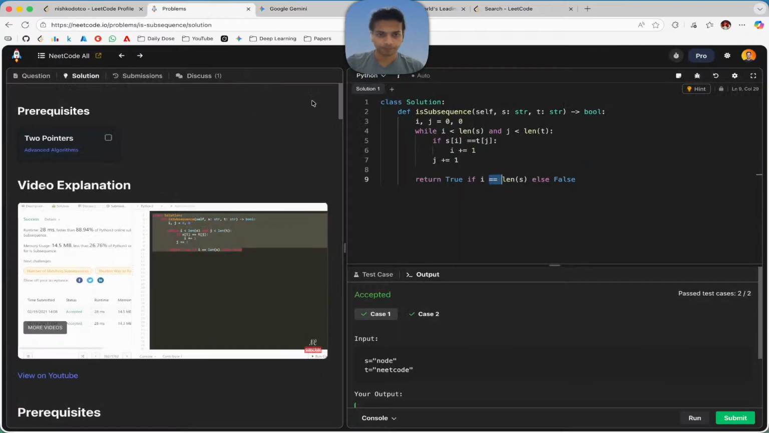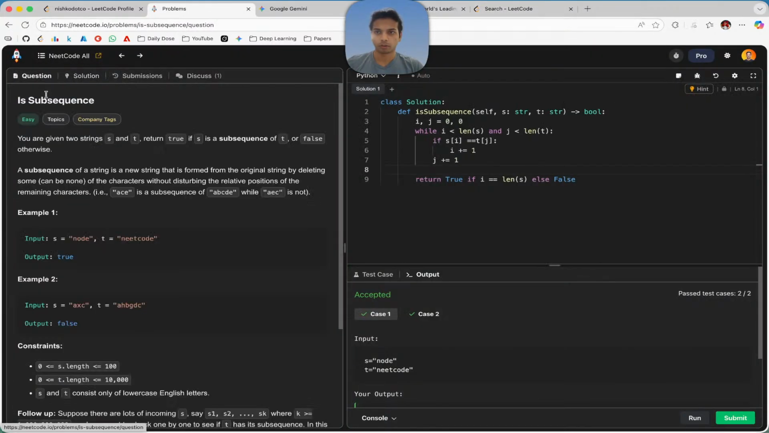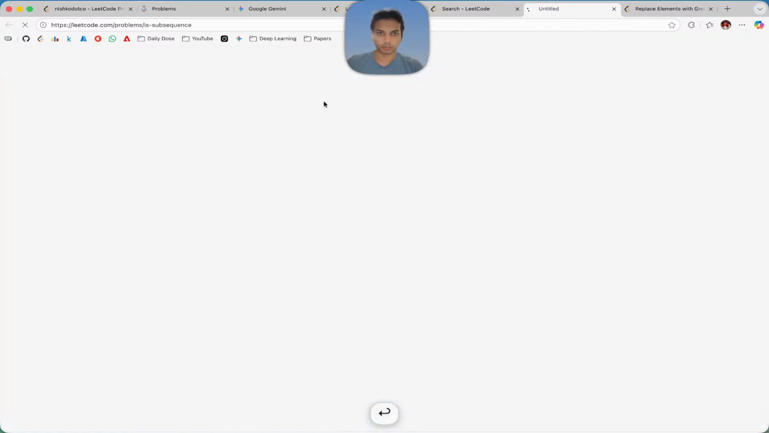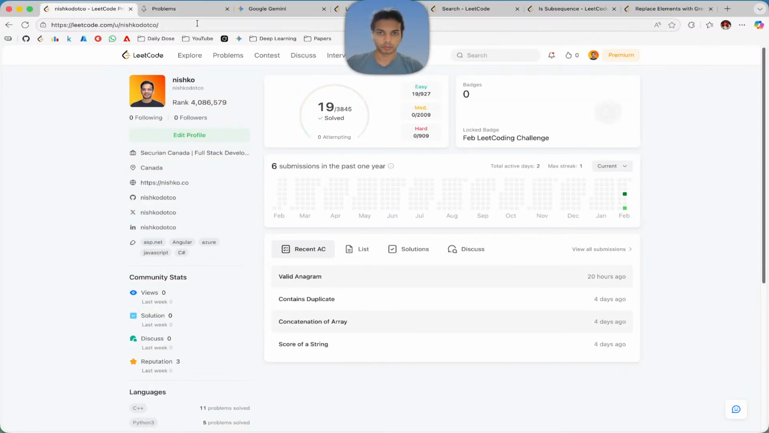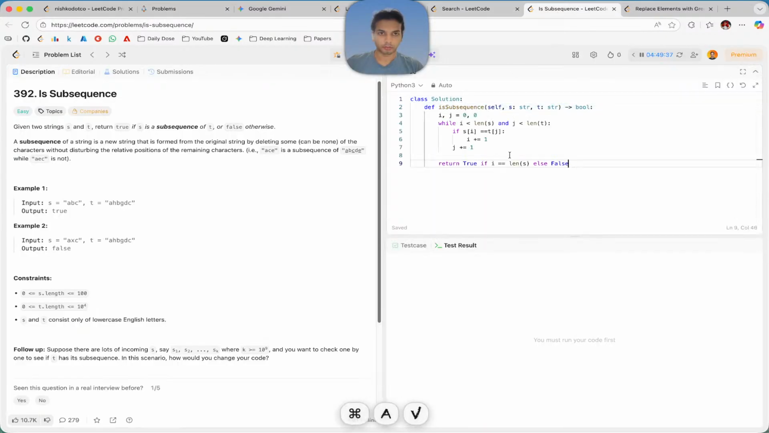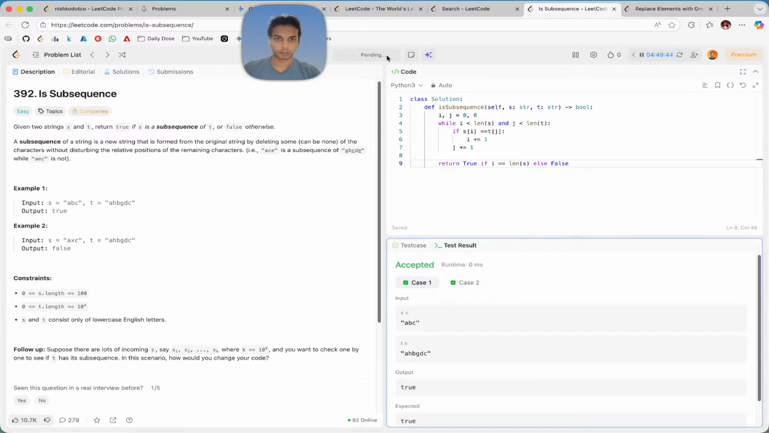Understood? So, let me submit this question. LeetCode question is subsequence problem. Run it, submit,